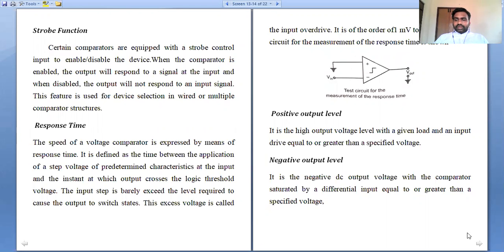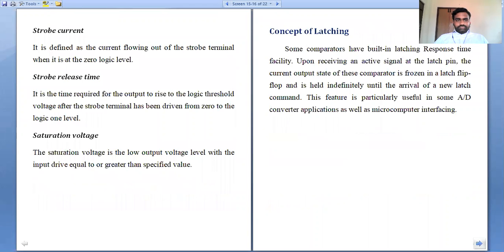If we explain a few more characteristics, strobe current, we said already, is the current flowing in the strobe terminal to create a strobe function, to enable or to disable the input terminal. That is called the strobe function. And the last thing is strobe release time. Strobe release time is the time required for the output to rise towards a particular logic threshold voltage after the strobe terminal is turned to zero. That means after the strobe current is zero,